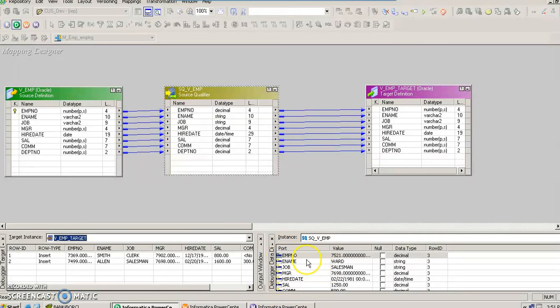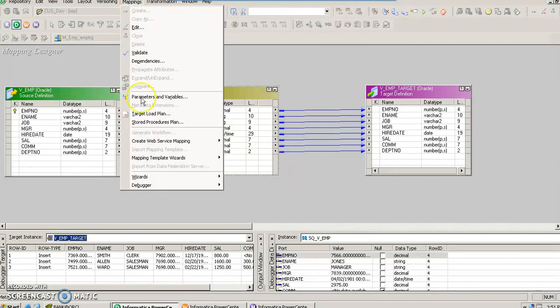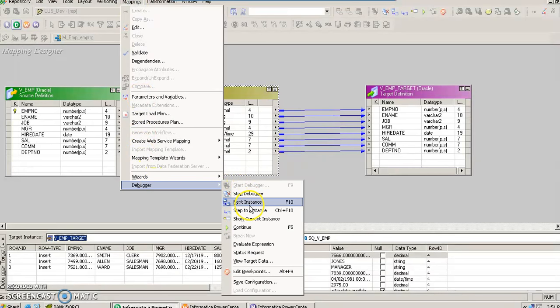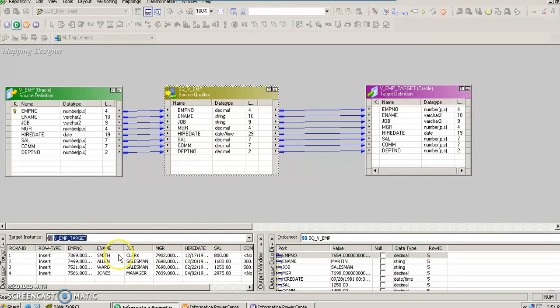this source will go to the next value and the previous value will again get loaded into the target. 7499 Alan Salesman. As we keep on pressing F10, or we can go here on the mapping and keep clicking this link, in the next instance it is going to keep showing this value of the source into the target. So this is how we come to know whether all the records one by one are going into the